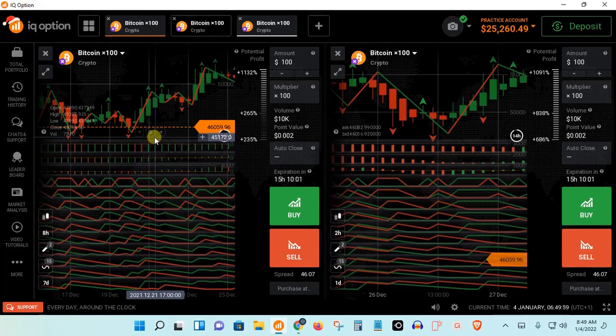Some people use the awesome oscillator alone to trade the whole day and they make a lot of profits. You can even trade on these resistances I showed you and you will make profits, like the current bid that I've just closed. I entered it on the resistance and it made profits, even more profits. So we shall go ahead to explain the most important